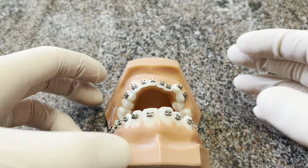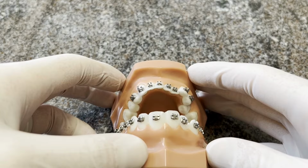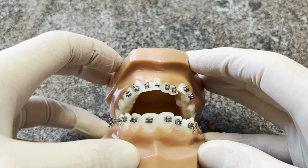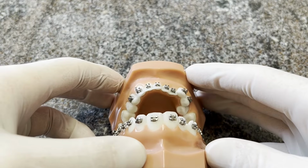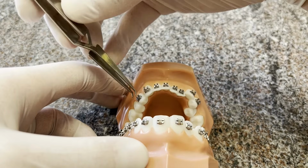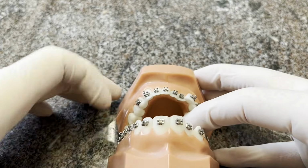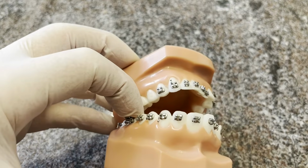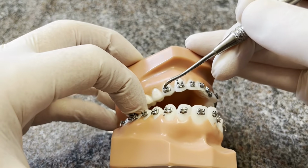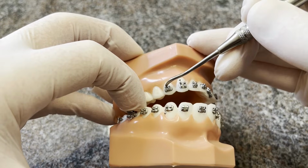Okay, so for actually placing these brackets, I'm going to take you through the sequence and how you will check the position of the brackets as you're positioning them. We're going to pretend this dentiform doesn't have any brackets on it, and we're going to place the brackets. So you get your bracket in your little bracket holder and you set it on there. The premolars are both very similar. You'll set it on there, take a look at it and eyeball where it should be, and then you'll position it about where you think it should be with your scaler or your Explorer, and then you'll